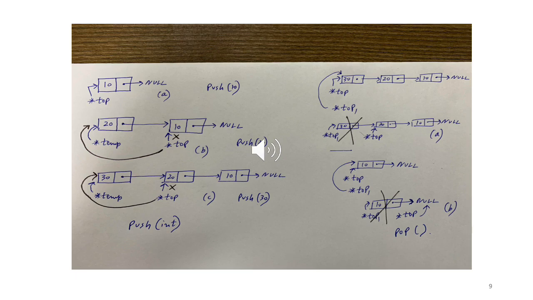So how do we get to the node with info 20? We need its memory location. So what is the starting memory location of the node with info 20? It is contained in the PTR component of the current top node with info 30. So we say top is equal to top arrow PTR. Top arrow PTR will give us the starting memory location of node with info 20, and that becomes the new top. And now, as you can guess, what we have to do is free top 1.